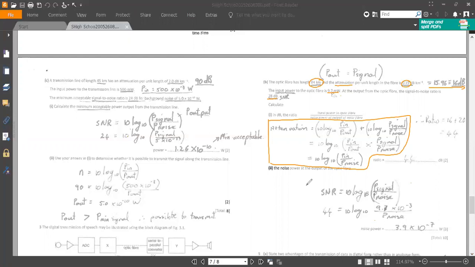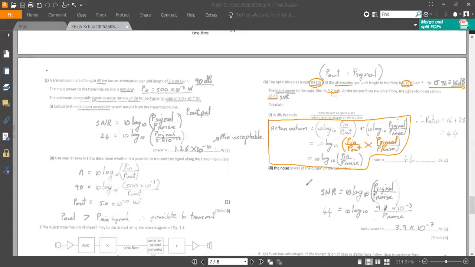The signal to noise ratio is the signal over noise, 10 log10. So if we look at that, remember it's the sum of two logs, we can revert it back. These are your log rules. And we get to 10 log10 of P in over P out times